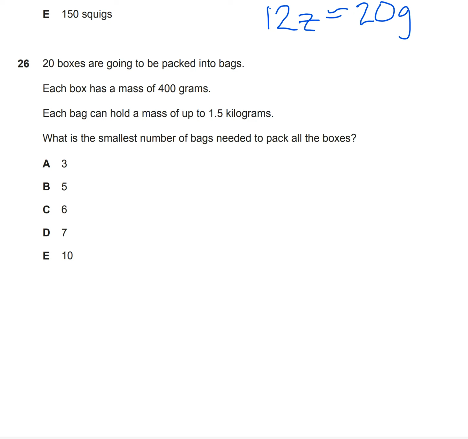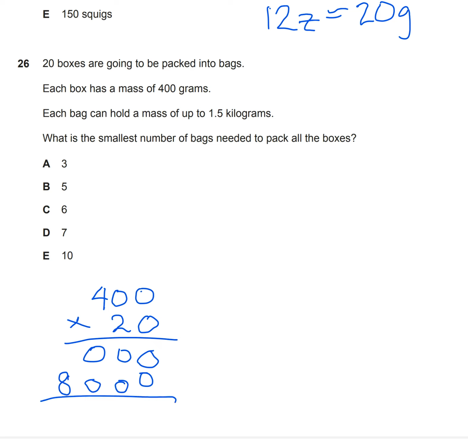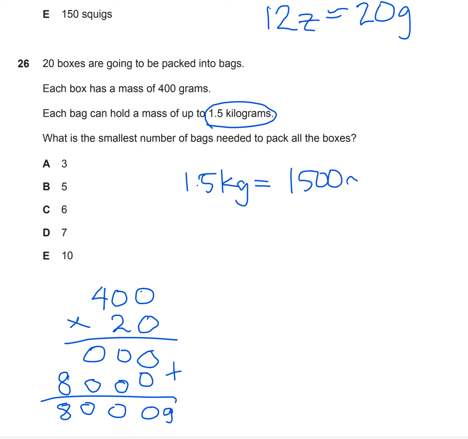Okay, so let's see the total amount of weight that we will need to account for. We get 0, 0, 0. Drop a 0. 2 times 0 is 0. 2 times 0 is 0. 2 times 4 is 8. We add. So we have 8,000 grams. Each bag can hold 1.5 kilograms. 1.5 kilograms in grams is 1,500 grams. So we're going to do 8,000 grams divided by